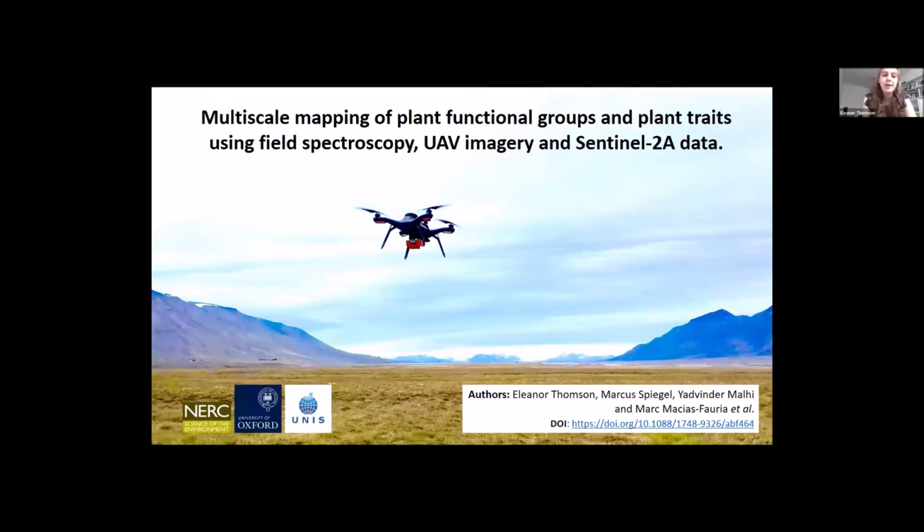Okay, so today I'm going to be presenting on a paper we've recently published in Environmental Research Letters entitled Multiscale Mapping of Plant Functional Groups and Plant Traits using Field Spectroscopy, UAV Imagery, and Sentinel-2 data. So first of all,